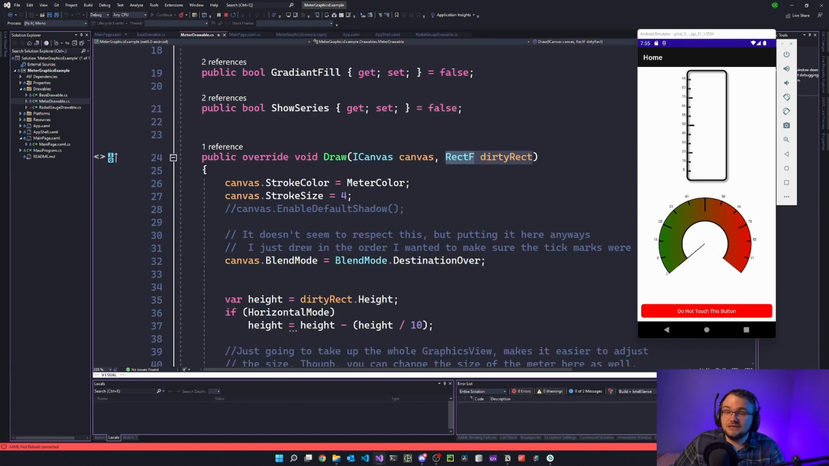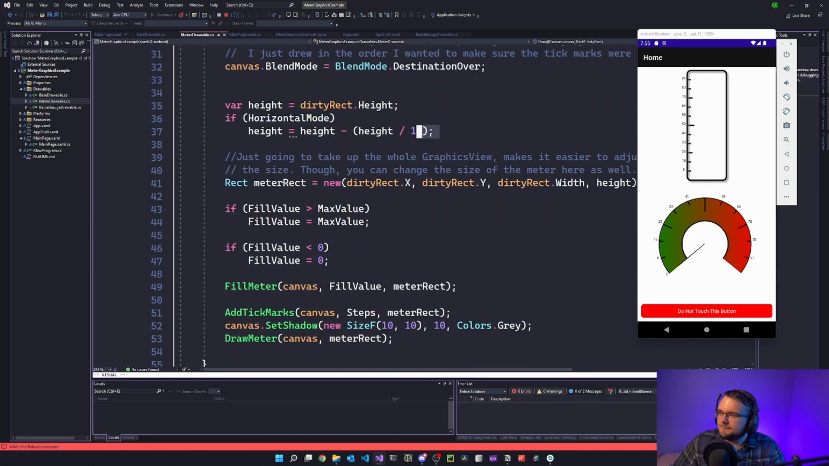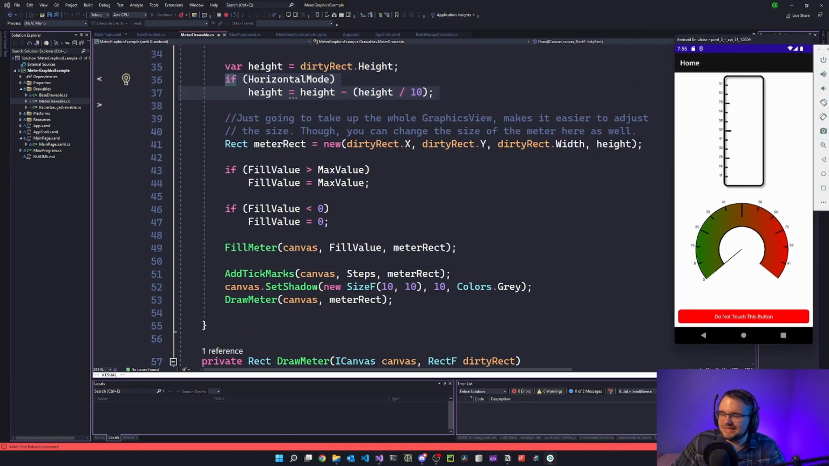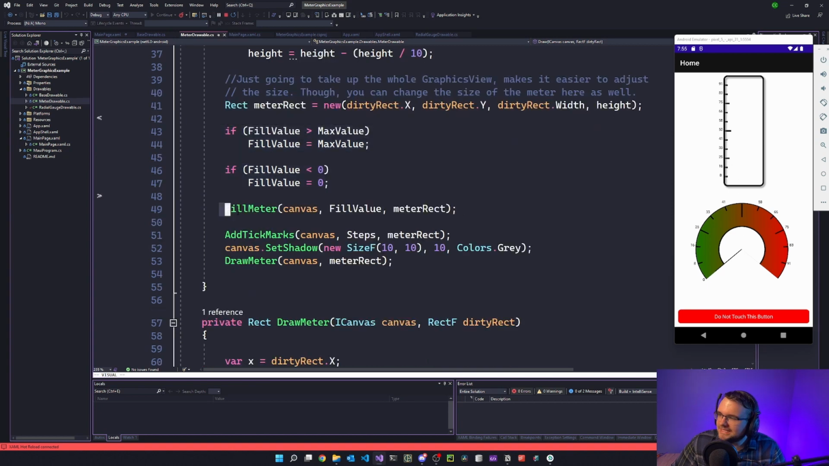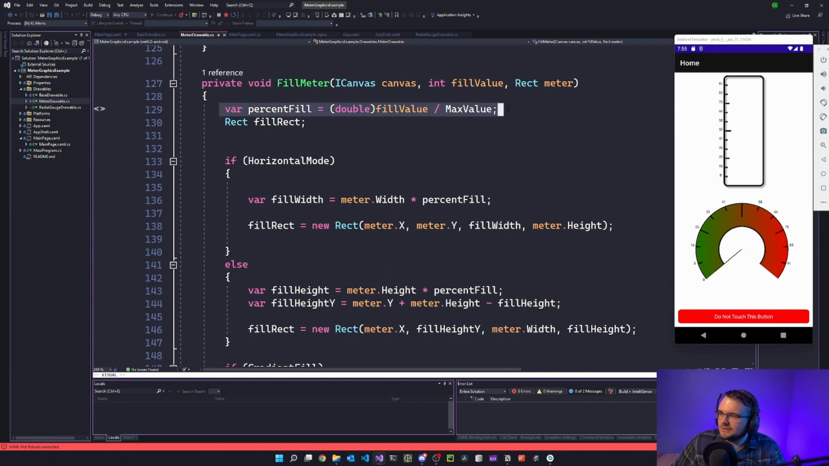That's basically the graphical view area. And we're using that to do most of the calculations. So yeah, we got this horizontal view. There's all kinds of code in here that's specific to just getting it to look the way I want. This is where I'm keeping the fill value inside of the max value range between 0 and max value, because otherwise it would just draw negative forever. And yeah, we're calling this fill meter, and that does this. So we determine a percent,